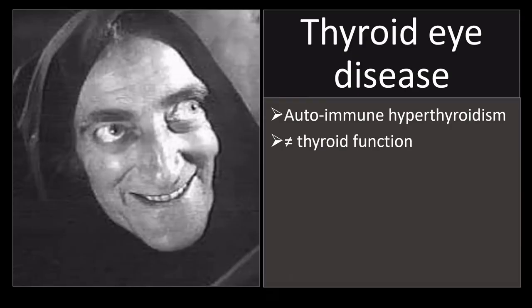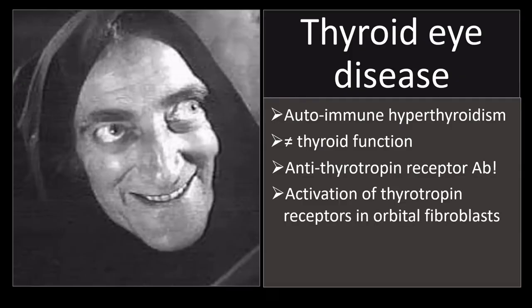And why is that? Because the disease is not caused by the increased levels of thyroid hormones. No, it is caused by the antibodies that are formed in this autoimmune disease, more specifically the presence of anti-thyrotropin receptor antibodies. And these probably, this is a theory, activate thyrotropin receptors in orbital cells, the orbital fibroblasts, and